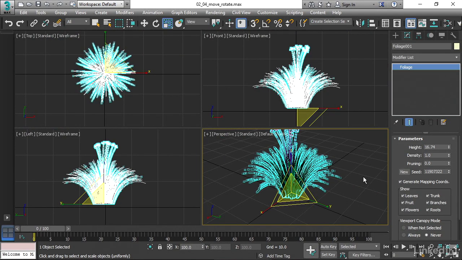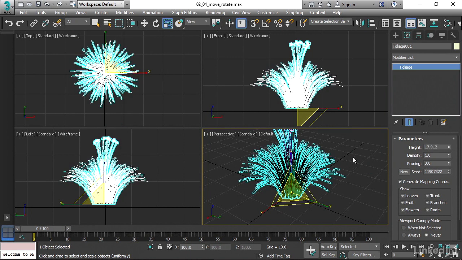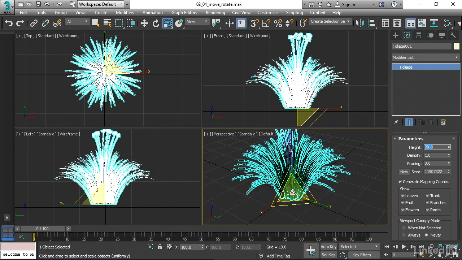And I can see that because with the scale tool active and the object selected, down here in the transform type-in area, we can see that the X, Y, and Z values are all 100. The object is at 100% scale. But I've changed its parametric size. You really don't want to scale things if you can help it because, for example, if this height over here says 20, and then I go and scale it by clicking in the center of that scale manipulator or gizmo,